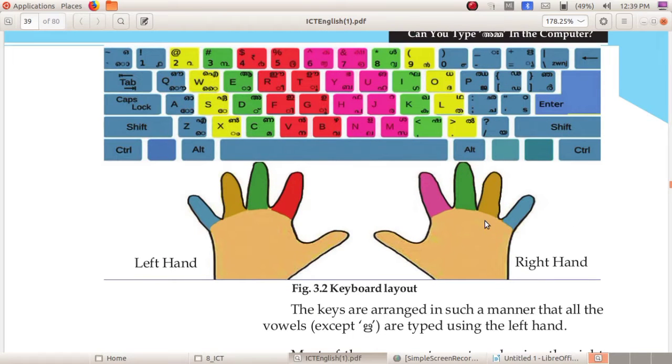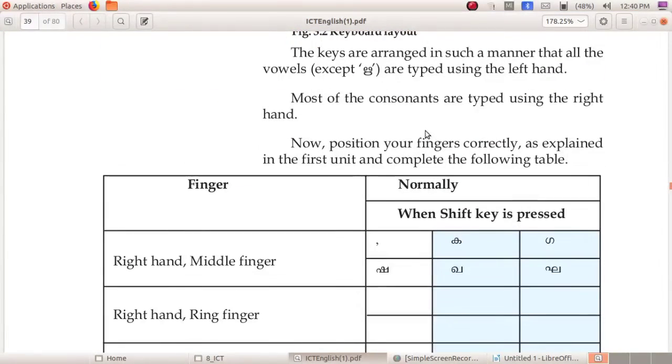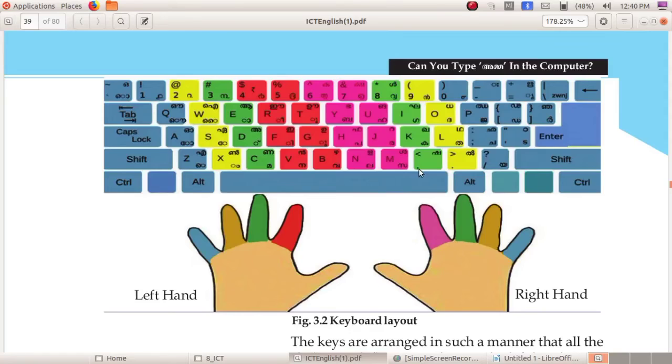This is the right hand, this is the middle finger. So green color, we can type comma without holding the shift key. So right here comma, then which keys? Yes, ka, gha, va, etc.